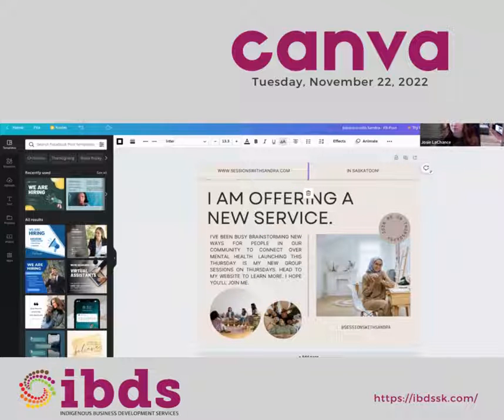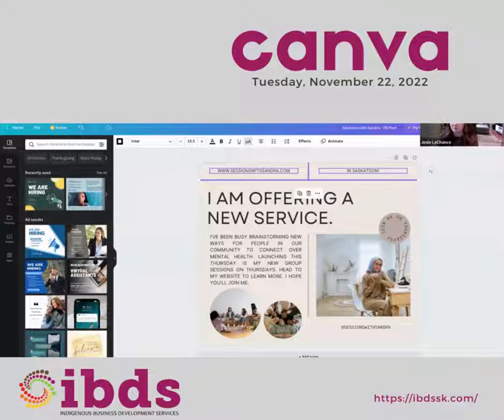Because sometimes if you're fiddling around a lot with the things on your page and you move the line, and maybe you don't notice right away, it takes a little more work to get them perfectly lined back up. If you've worked really hard to get them perfectly centered and you don't want them to move again, you can just select all of the parts and group them so that doesn't happen.